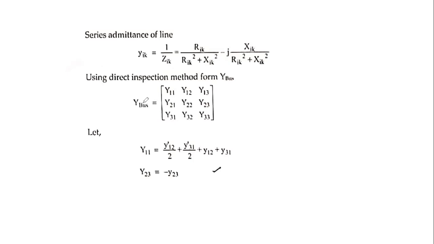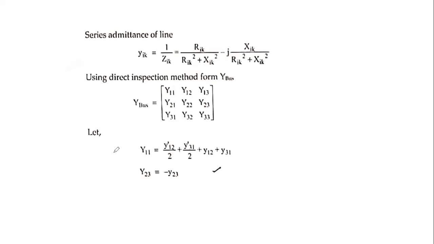Then the dimension for that Y-bus matrix is 3 by 3. Therefore, Y-bus is equal to Y11, Y12, Y13, Y21, Y22, Y23, Y31, Y32, Y33. Next, we calculate Y11, Y12, Y13 and so on. First of all, we calculate